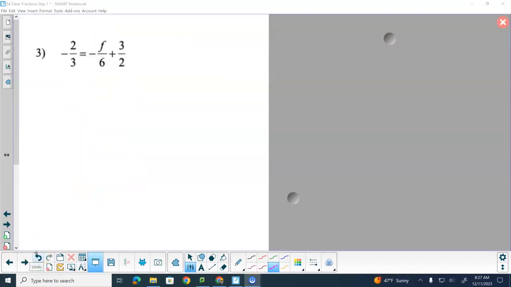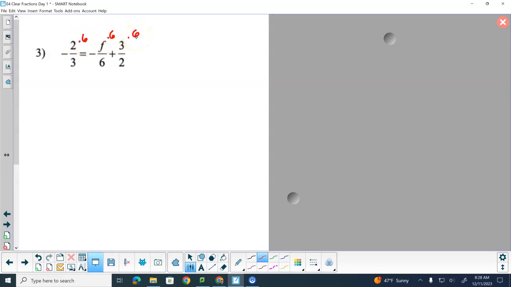So in number 3, what is the smallest number, or a number? I would even take a number. It really doesn't matter. It doesn't have to be the smallest number. But what is a number that 3, 6, and 2 all go into? 12 is one of them. We could use that. 6 is the smallest one. 12 works. Another one. Anybody got another one? 18, 24, 36, 30. Yep, all those. Doesn't matter which one we use. But typically we're going to go with the smallest one. So I'm going to multiply by 6,